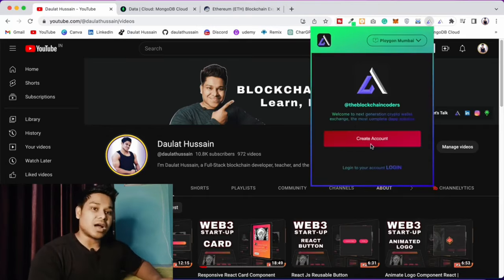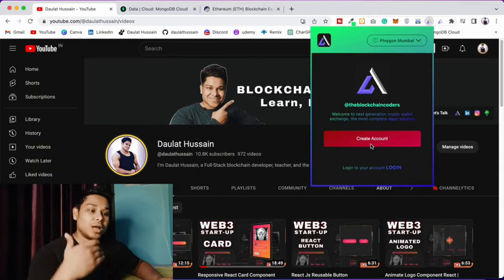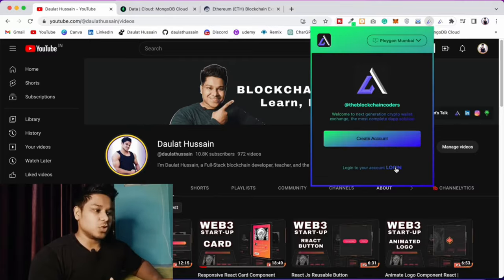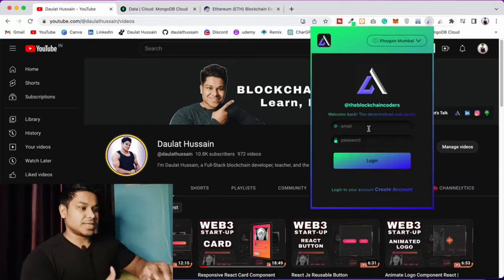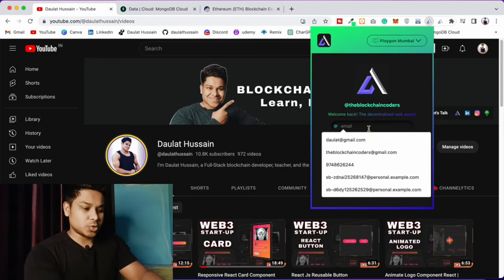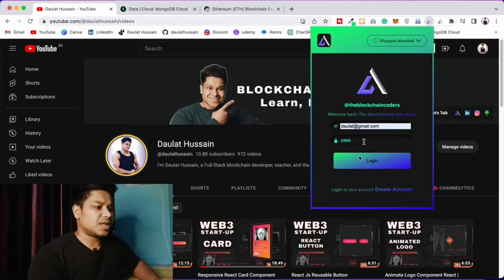And when they create their account, they will not only create their account in MetaMask, but they will also get their own private keys. So I'll come back to the login. First, let me get into my account. I'm going to simply type my credentials. I'll say Daulat Hussain, so it's there, and I will type my password, and I will simply click on